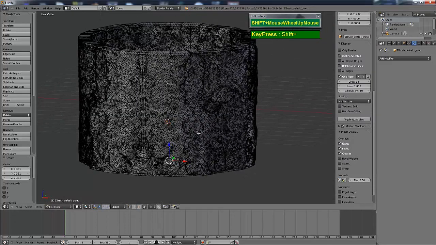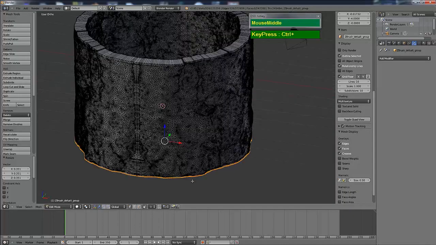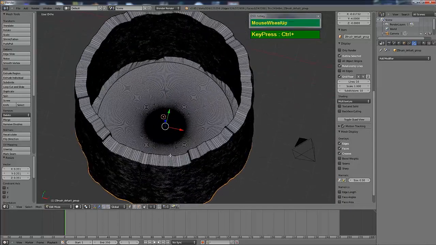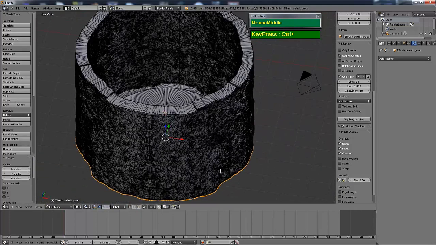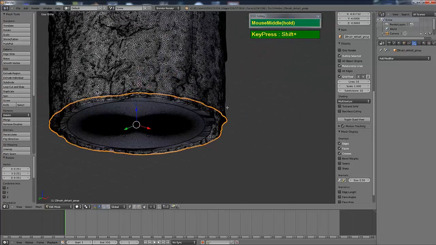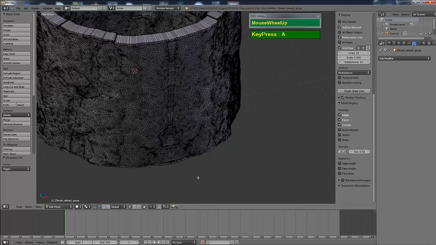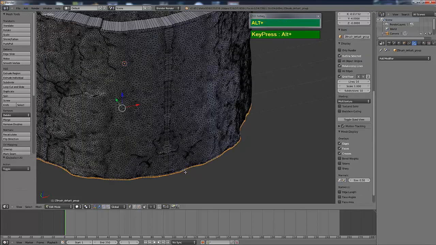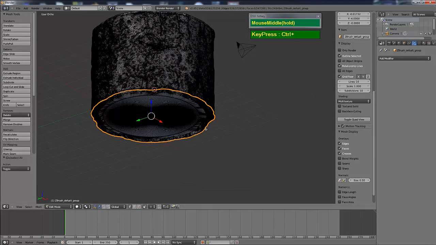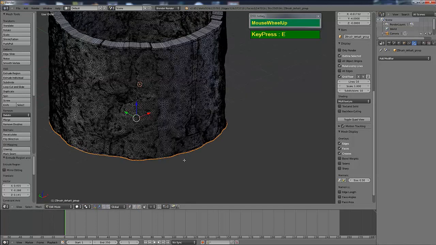Now I'm going to create the external base. So holding down Alt and right mouse click to select the edge. Okay, so make sure you don't select this one. So press A to deselect and then select the outer edge here. Let me just show you one more time. Press A to deselect, Alt, right mouse click, and then it should select the continuous edge loop. Press E to extrude. Alright, right mouse click so that it snaps back to place.